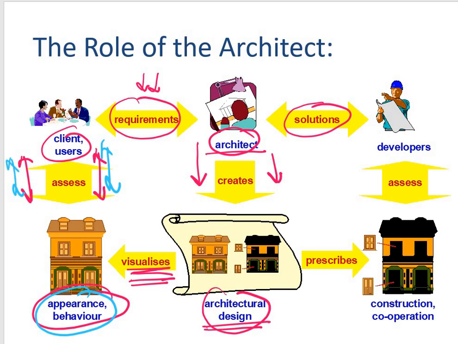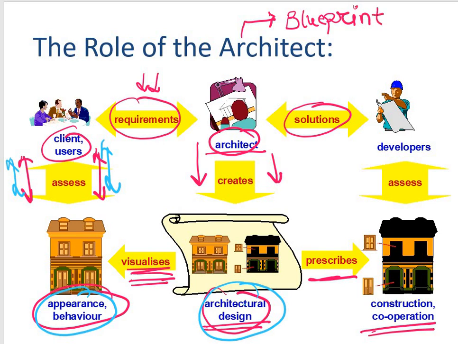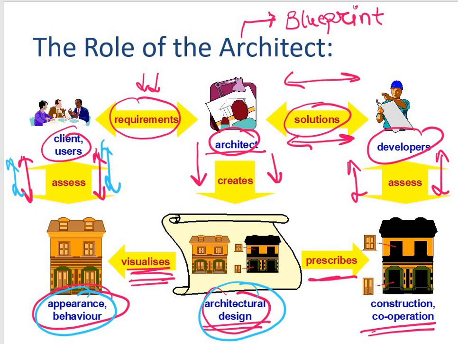So this is the left hand side of this diagram. Whereas on the right hand side, the same architecture prescribes the construction and the cooperation, right? Because I get a blueprint, right? As we previously discussed, just like the infrastructure, we get a blueprint with the help of our architecture. Here also, in case of software systems, I get a blueprint which can further be assessed by the developers as well, because developer will also give some input that okay, the architecture which you have provided has some implementation related issues, right? So here also you can see there is a two-way communication. So developer also communicates and provides some inputs which can further be accepted or maybe rejected, desk rejected, based on the kind of inputs provided by the developer and the kind of requirements we have. That means some inputs can be desk rejected just because it is not matching with the actual requirement,